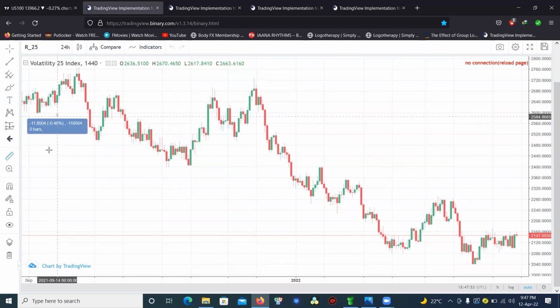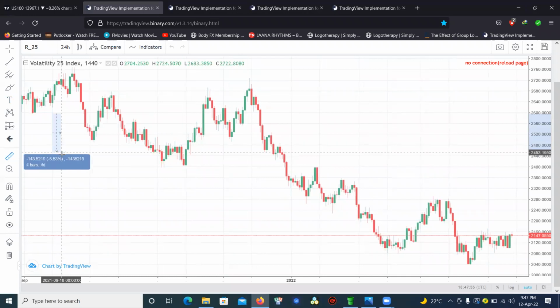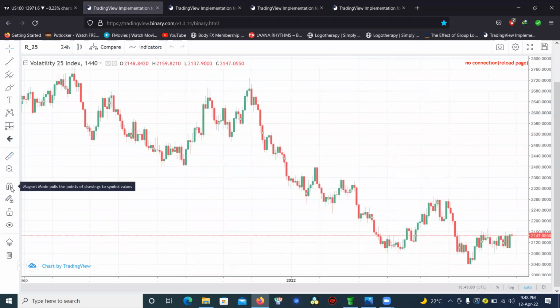And then you have the ruler and I showed you guys. This is to zoom in, magnet mode, lock your charts on drawing mode. This is locking everything, and then now you can hide